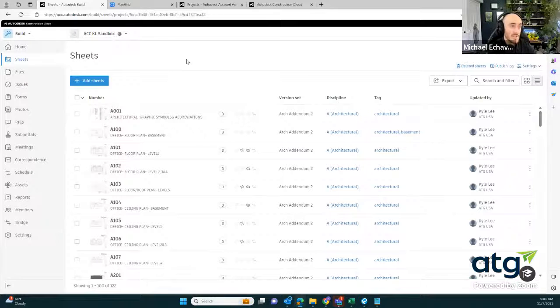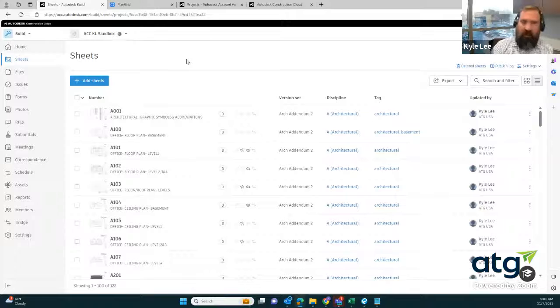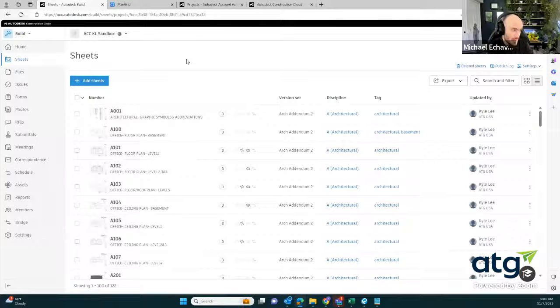Not just a single project, all projects. And I'll show in just a moment what that looks like as well. So there is a price associated to sheets across all projects that person's been invited to, whereas Cloud